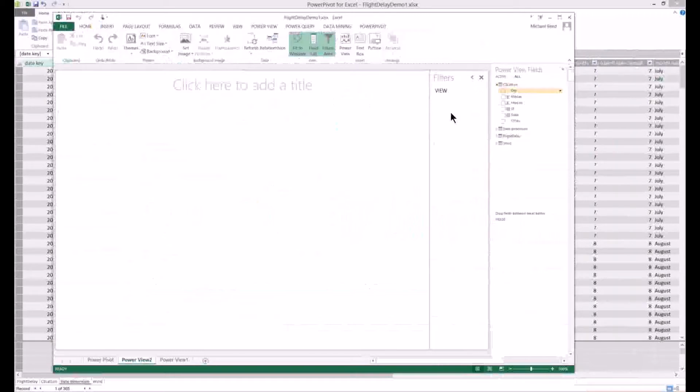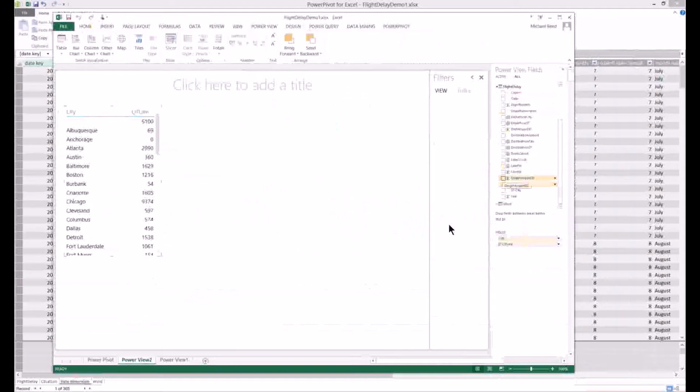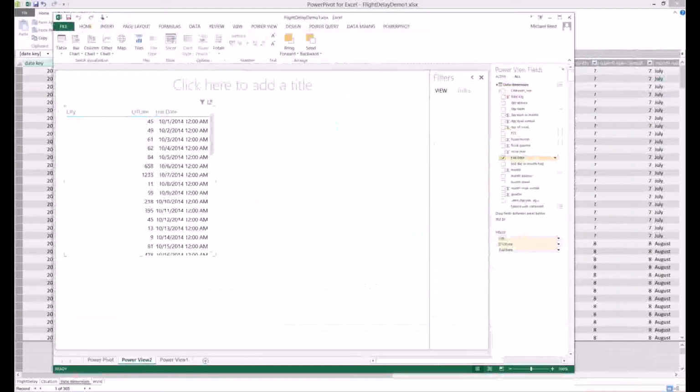Let's take our cities and let's take our dates. Let's take our dates and let's add a measure in here so we actually get to see something. And we'll come in here and grab our on-time late. There we go. Okay. Doesn't look like a whole lot, but